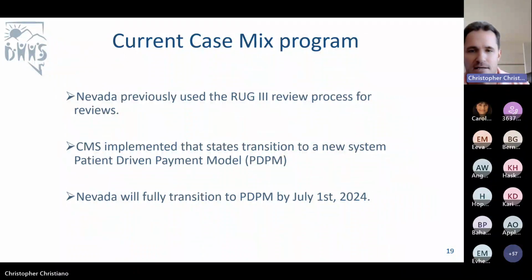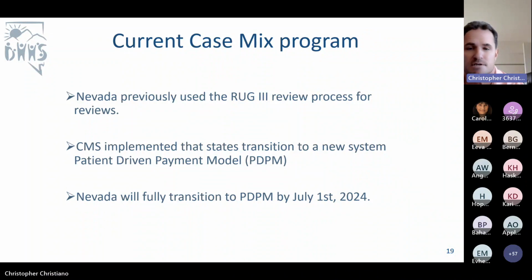So slide number 19, our current case mix program. As you all know, we previously used the RUG-3 items for our reviews. We will be transitioning fully to PDPM on July 1st of 2024. A lot of the PDPM data is already being partially transmitted to our Myers and Stafford associates, and some of that data will start being available October 1st of this year.